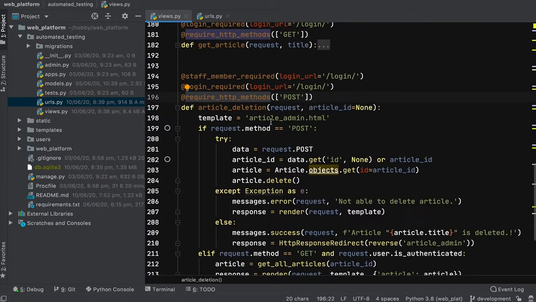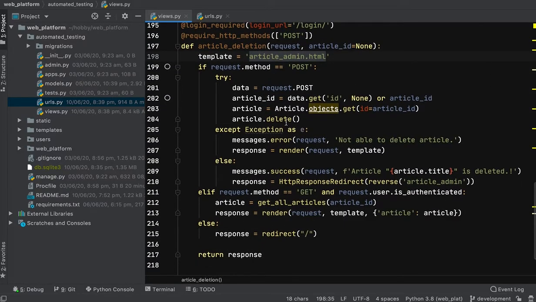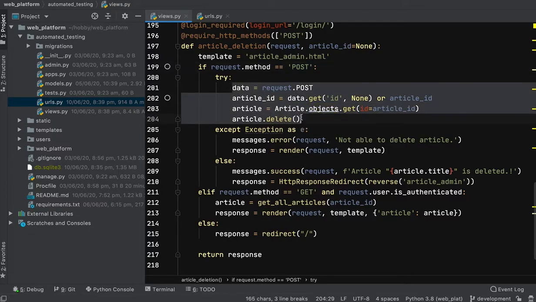This view only uses the article admin .html template, and it accepts a POST method. Once the request is received, it will check for the article and then do the deletion. This is a simple deletion using the Django ORM query set.